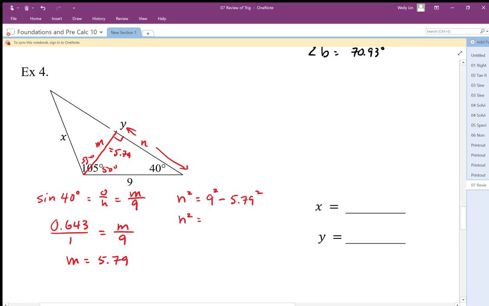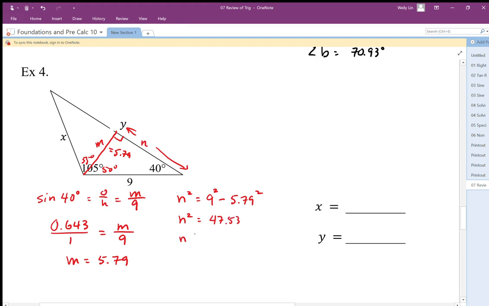So I end up with 9 squared minus 5.79 squared, which is approximately,